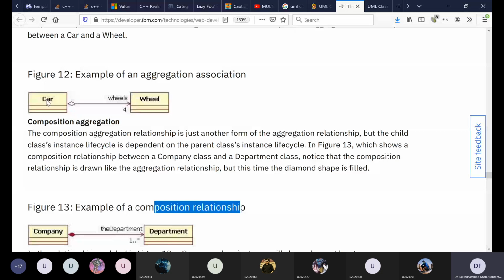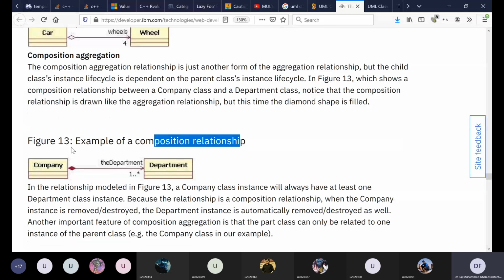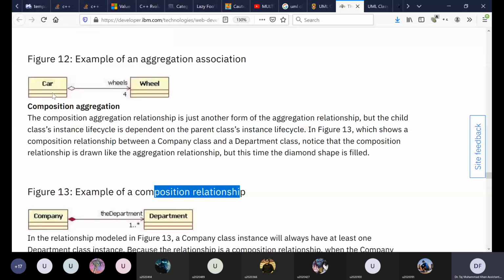Whereas the lifetime of the department object will always be associated with the lifetime of the company object. If the company defaults or ends, the department objects which are part of this company object will also end. Whereas in the case of the car object, the car may get destroyed but the wheels are still intact, and then these wheels can be assigned to another car.